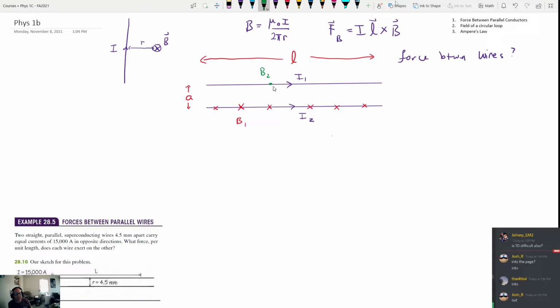This one's going to be out of the page. And the symbol we use for out of the page is dots, right? So B2 points out of the page. Now, the next thing to do is to say, okay, if I know that there is a magnetic field B1